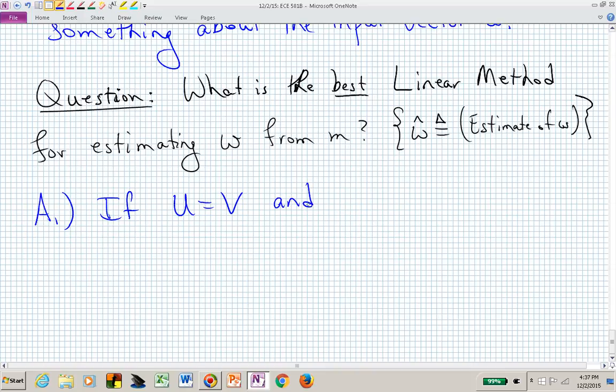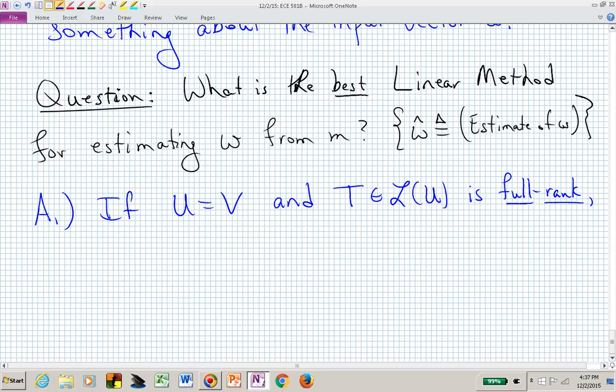What's that imply about the linear map T? It's an operator now, so we can now say T is this linear operator on U. And if that linear operator is full rank,